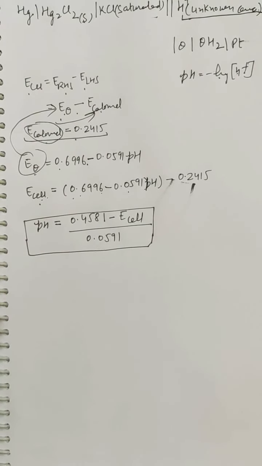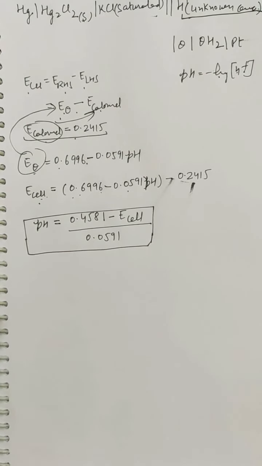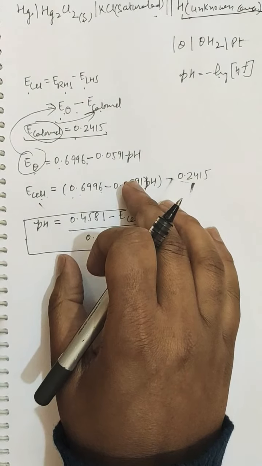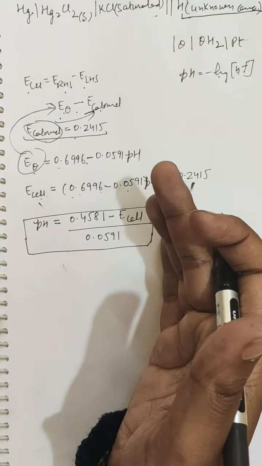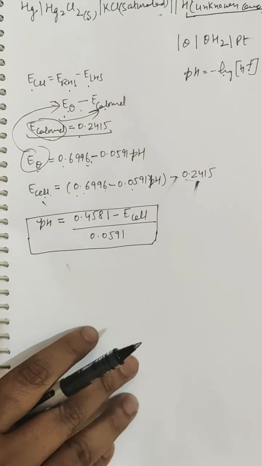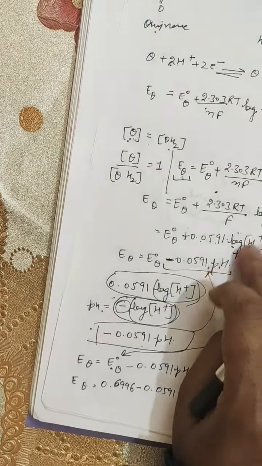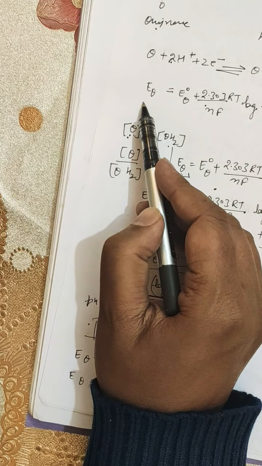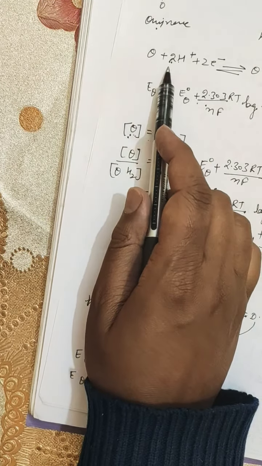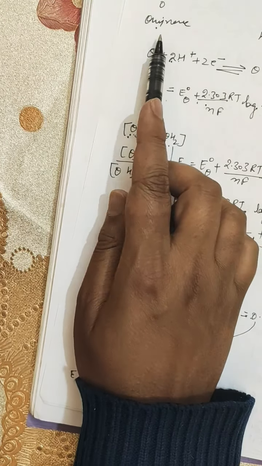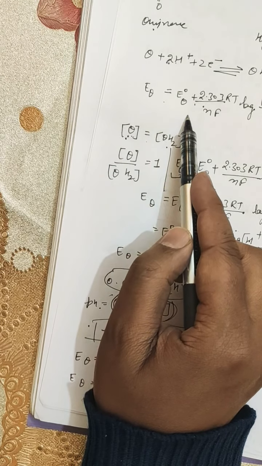So it's not that tough actually, it's very easy, but you have to follow the steps and you must know the basic mathematics, how equations are simplified and where to apply which equation. We did this exercise for EQ. It just started from the Nernst equation that we have done again and again. First of all, we had written a simple reduction oxidation reaction for quinone. After that we applied the Nernst equation to it.